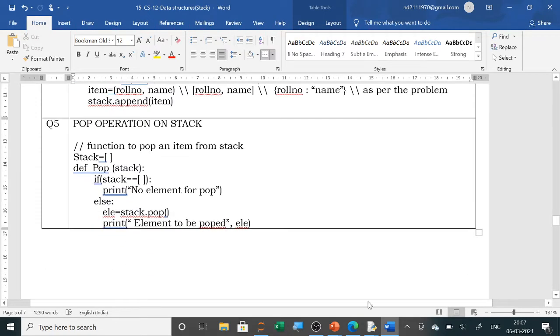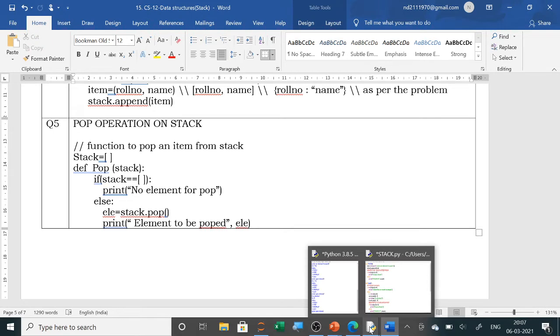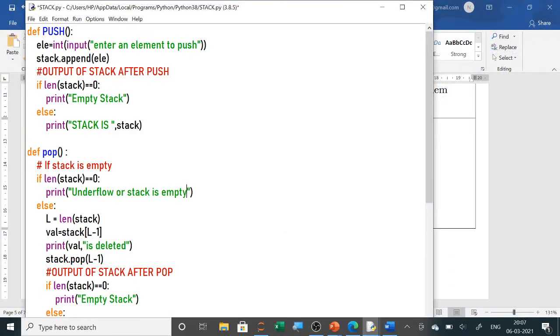और एक साथ मेनू ड्रिवन के लिए हमने ऑलरेडी यहाँ पे ये मेनू बना के रखा है। इसको जब हम रन कराएंगे,